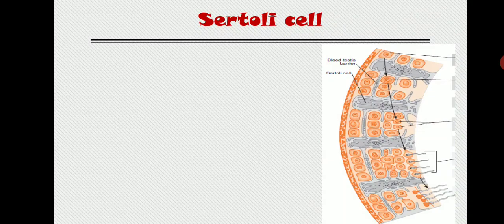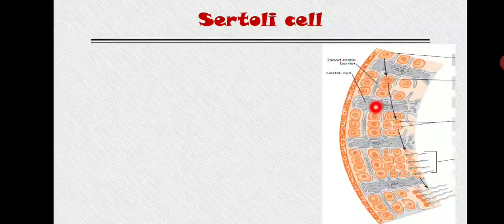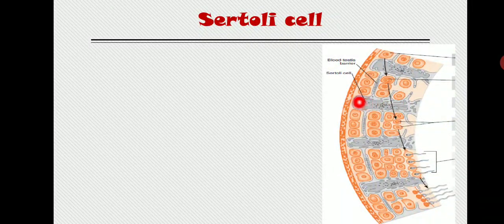Now let's discuss the Sertoli cell in detail. As far as the Sertoli cell is concerned, see inside this picture this is a tubular compartment, right? Now let's magnify this particular portion. If you magnify this portion it will look like this, right? So these are the Sertoli cells. Again, this picture I have taken from the Mosby monograph series of endocrine physiology. This is the Sertoli cell and these are the germ cells that are situated over here.